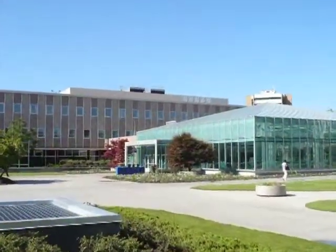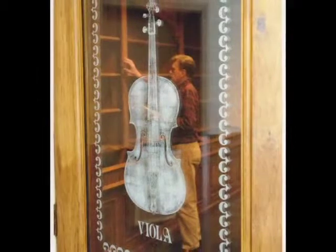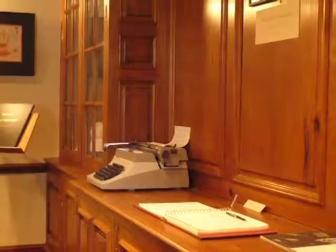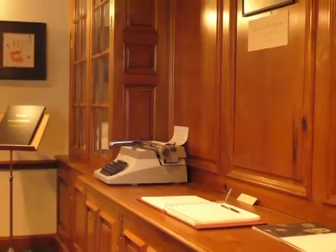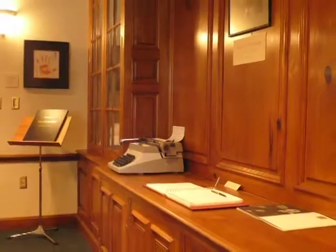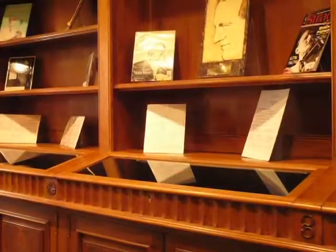Zooming in for a close-up, we can see the Harold B. Lee Library, which is the building in which the archive is housed. Returning for a close-up look at the interior of the archive, we find ourselves first in the Primrose Room, where